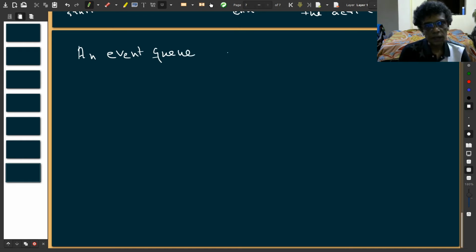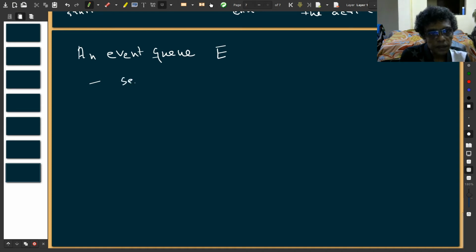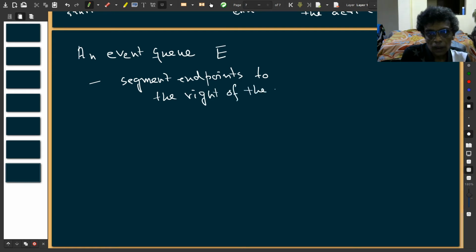Since I have used Q for a different purpose, let us call it E. This will store segment endpoints to the right of the current position of L, and it will also store